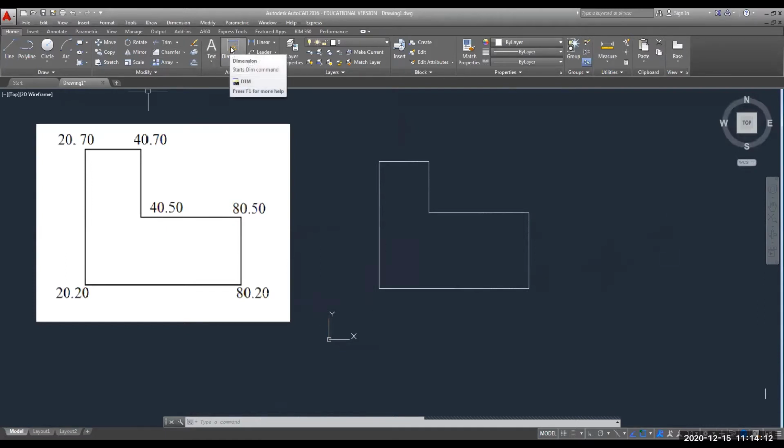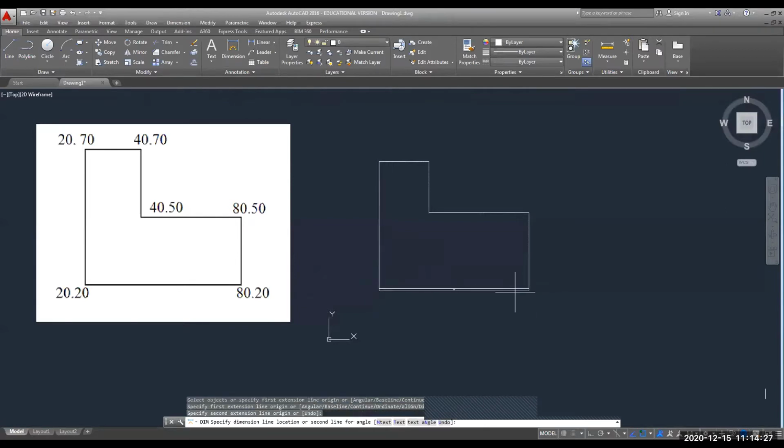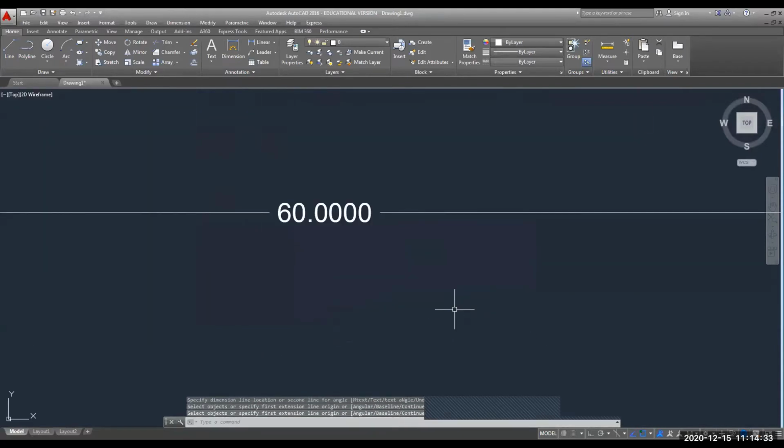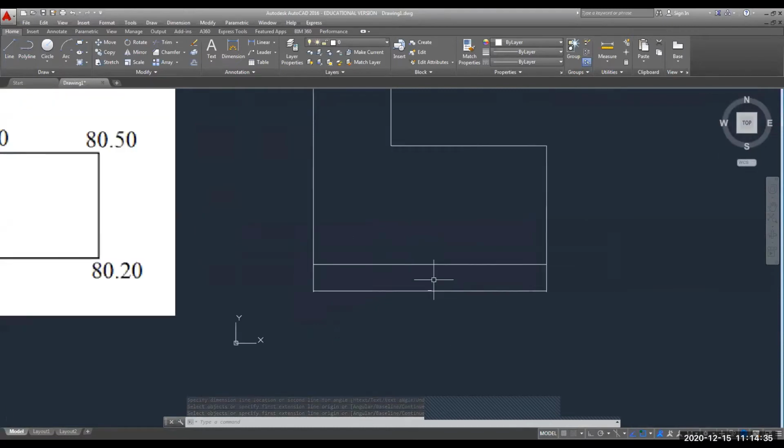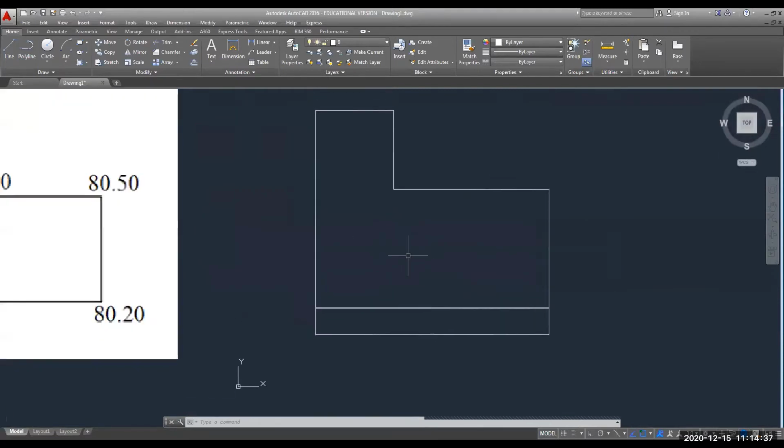As you can see on the top, in the last class I showed you one tab there. Dimension is written there. You have to click there. Now it will ask you to select the object on which you want to give the dimension. So select this length. Okay. So we have started giving dimensions, but still we can see it is very small. We are not able to see it like this. We have to zoom it, then we are able to see it.